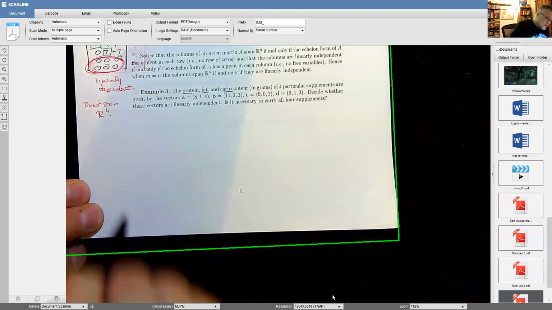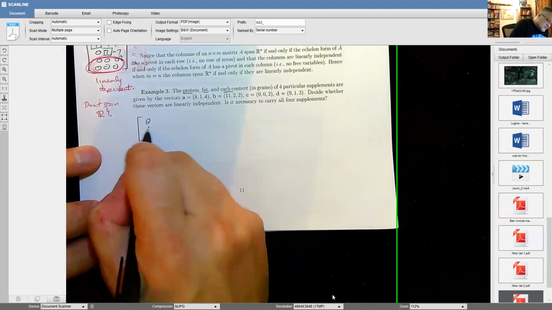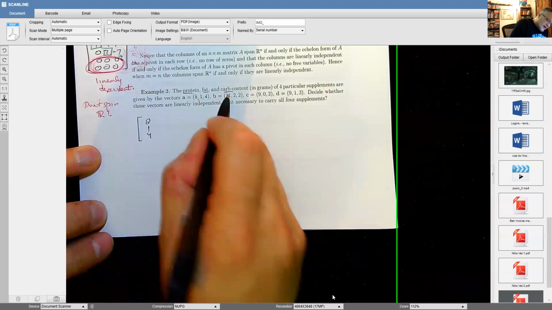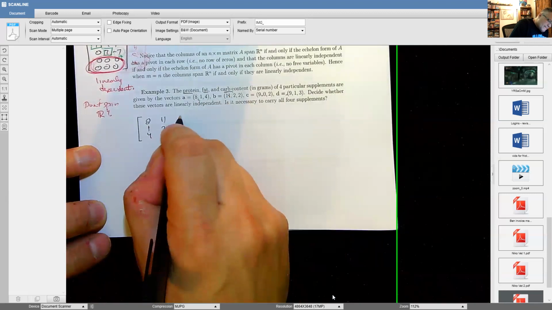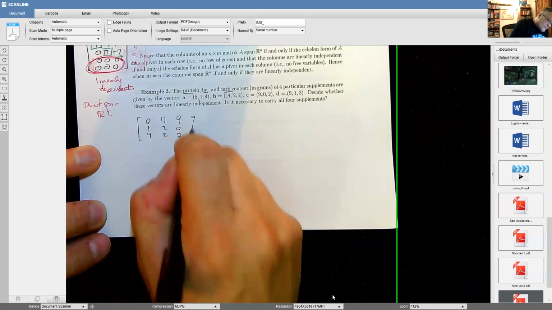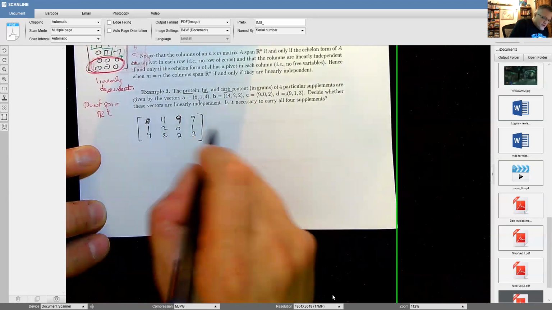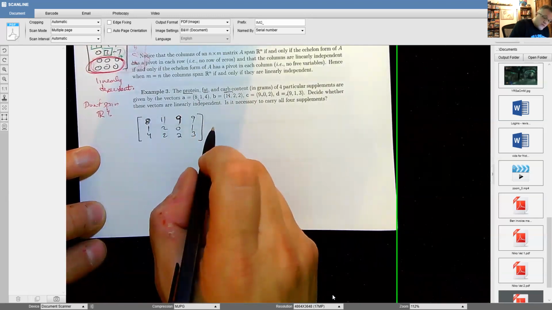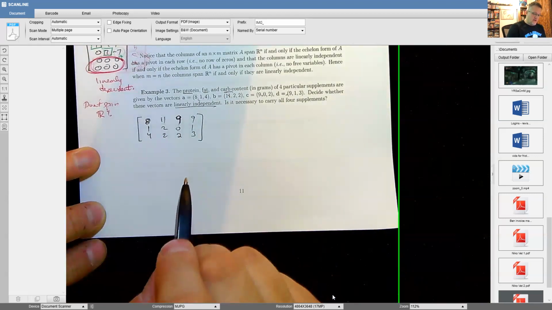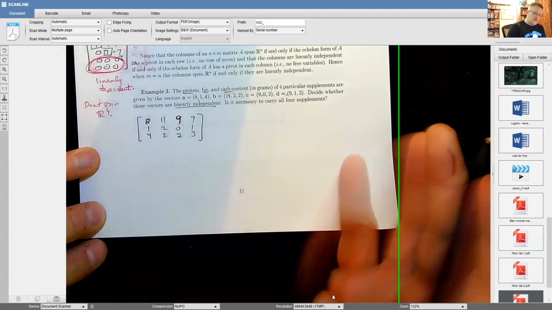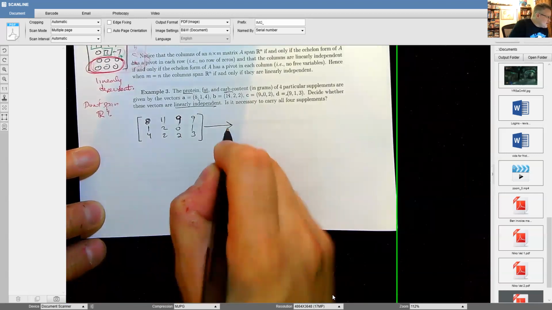All right. So linear independence again means I'm going to write down the vectors A, B, C, D as column vectors. And I want to see if there is a pivot in every column, right? That's the question. For linear independence, if there's a pivot in every column, that means that they are linearly independent. So let's put this into echelon form,